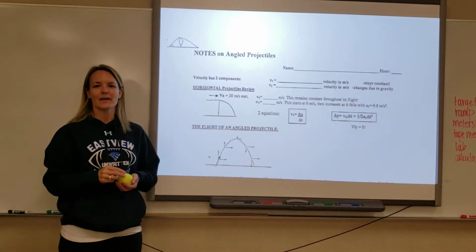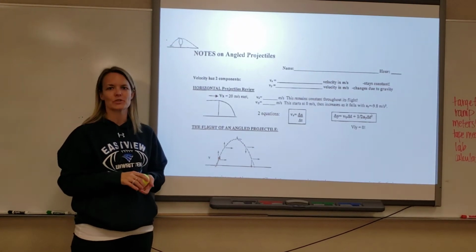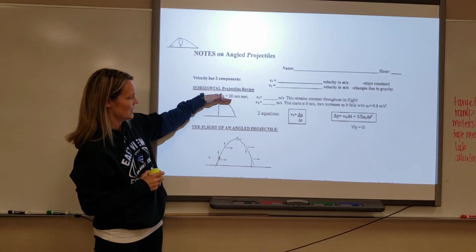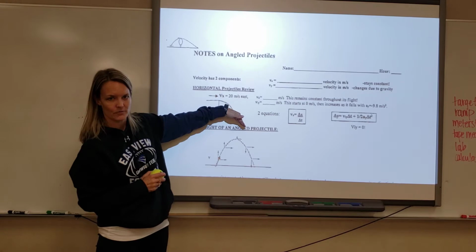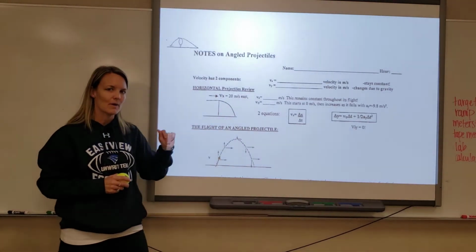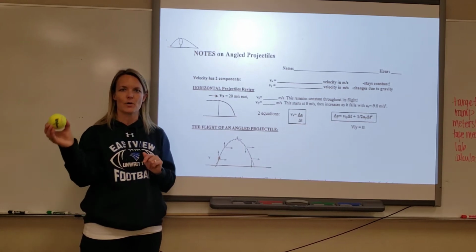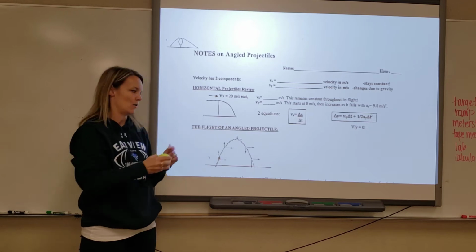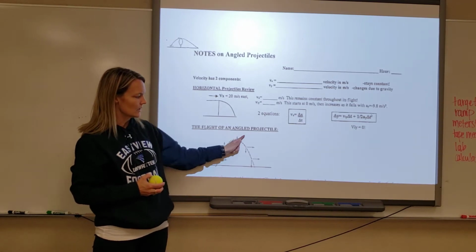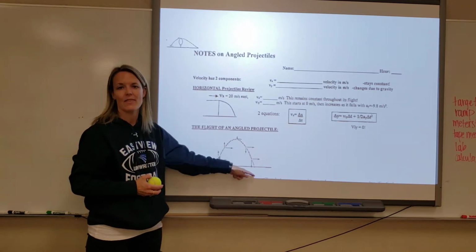Welcome back. We are going to be taking what we have learned about horizontal projectiles, which are the ones that have a velocity in the x direction, and then gravity causes them to start to fall. And we're going to take those two equations, expand upon them into something that is an angle projectile, something that is thrown up and then comes back down. So it's going to take on this shape right here. Instead of just starting here and pushing out and down, it's going to go up first and then back down,